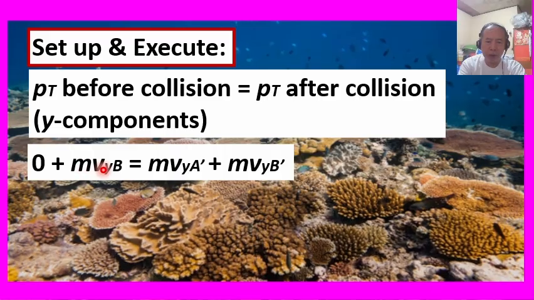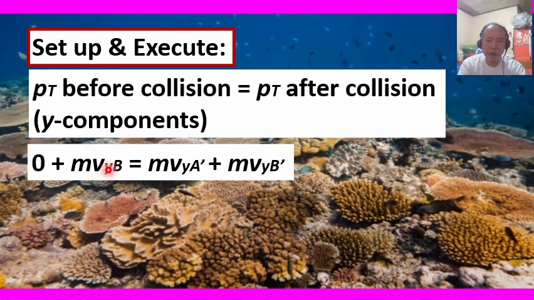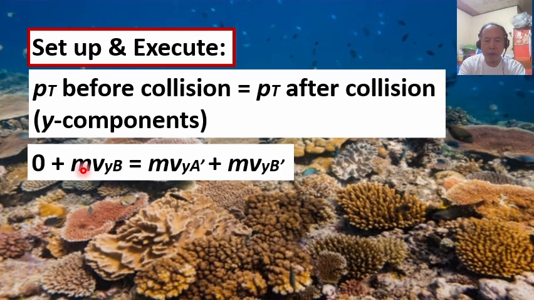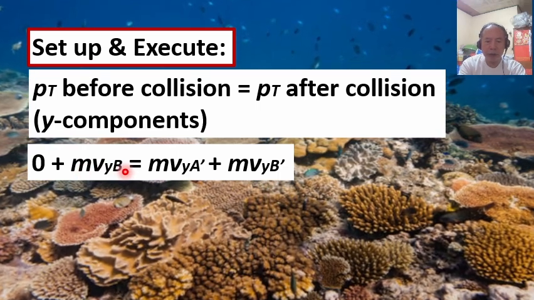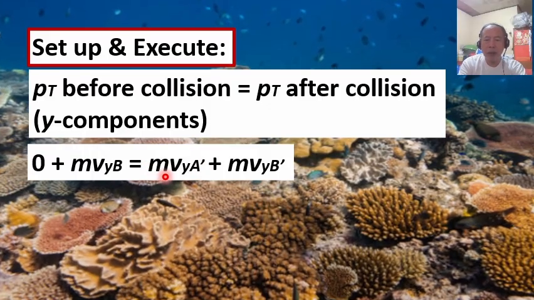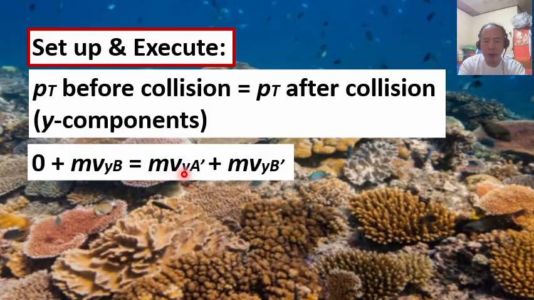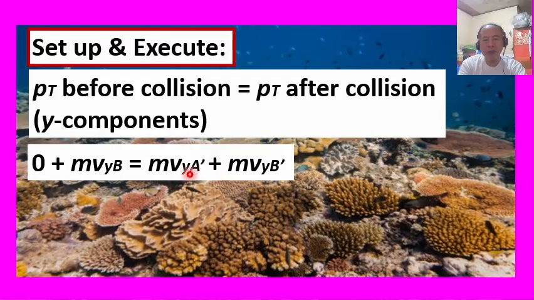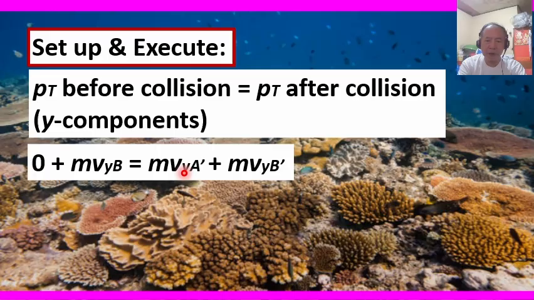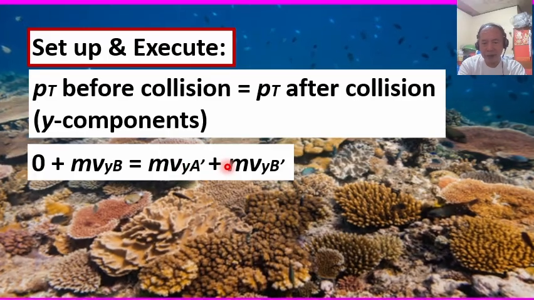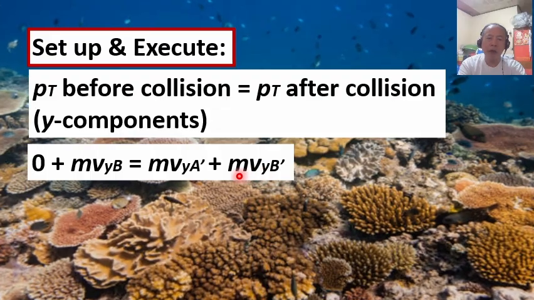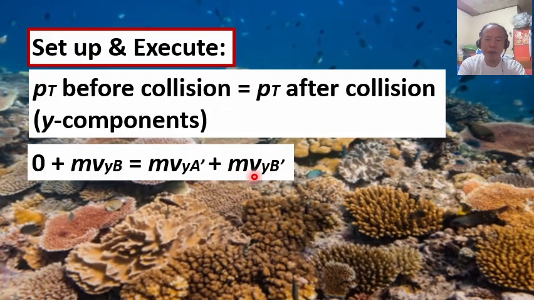While m b sub y b represents the initial y component of the momentum of particle B. So we equate that to the sum of m b sub y a prime, which represents the y component of the final momentum after the collision of particle A, and m b sub y b prime represents the y component of the final momentum just after the collision